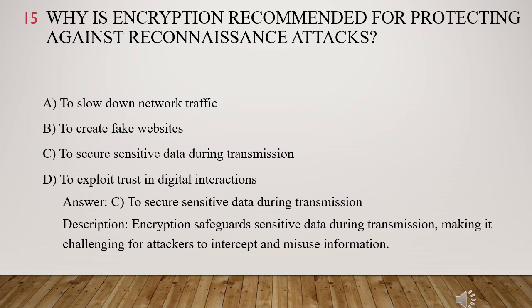Financial information, credit card numbers, bank account details, and other financial data that could be used for financial crimes. Business secrets, trade secrets, competitive intelligence, and other confidential information that could give attackers an edge. Therefore, by encrypting sensitive data in transit, organizations can significantly reduce the risk of information exposure during reconnaissance attacks and protect their critical